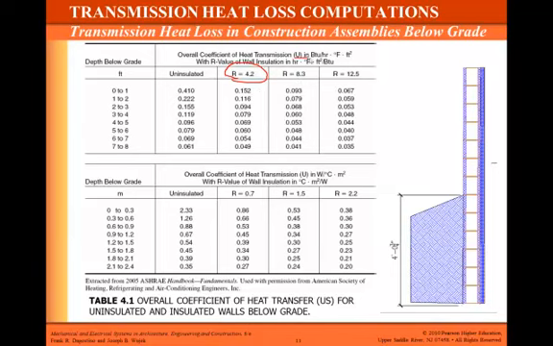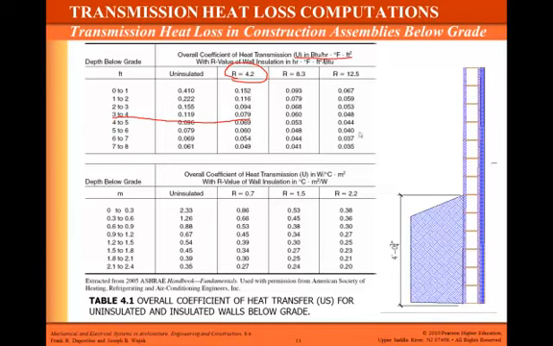This chart is giving you the U factor as you move down into the earth. In my example, you're 4 foot down into the earth, and you've insulated your wall with rigid insulation to get a 4.2 R factor, you will have a 0.079